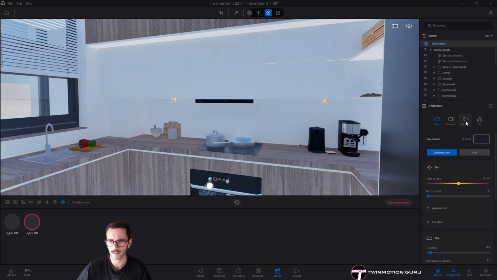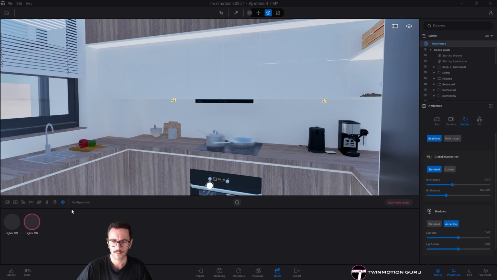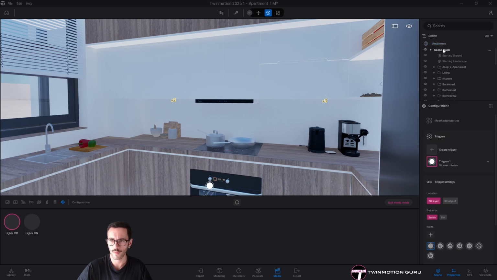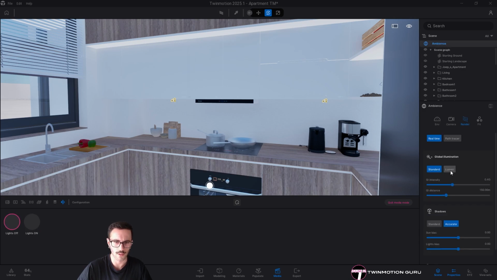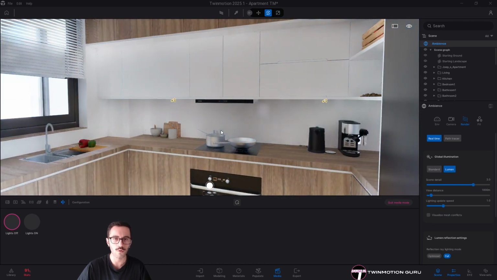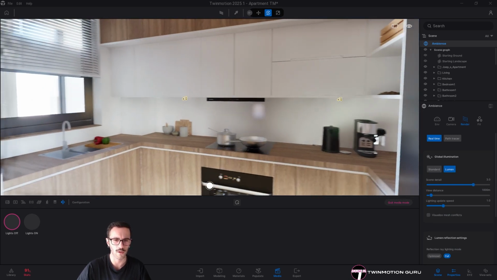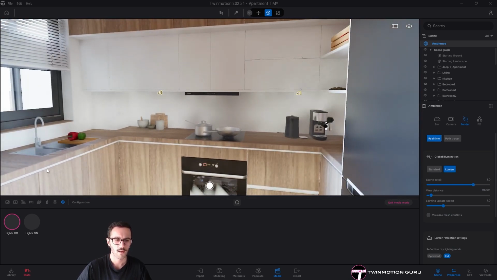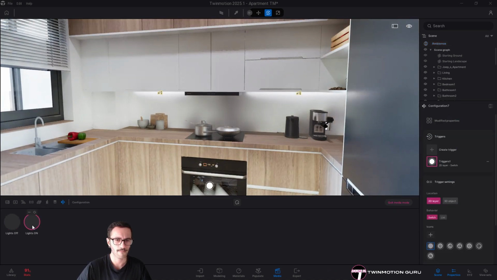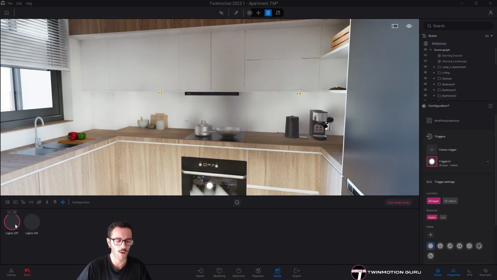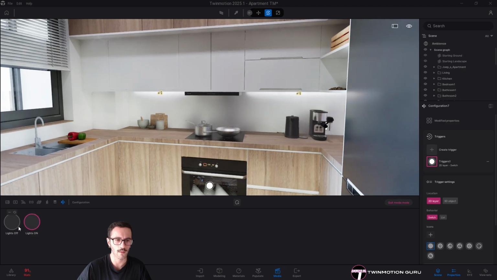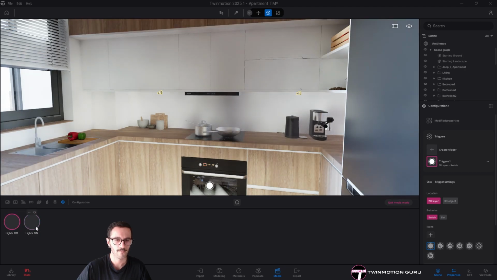But if I change my engine to, in particular, the Lumen engine, that will be the one that we will use to see all our project in the configuration, I will see the difference between the one with the lights off and the one with the lights on. Okay?